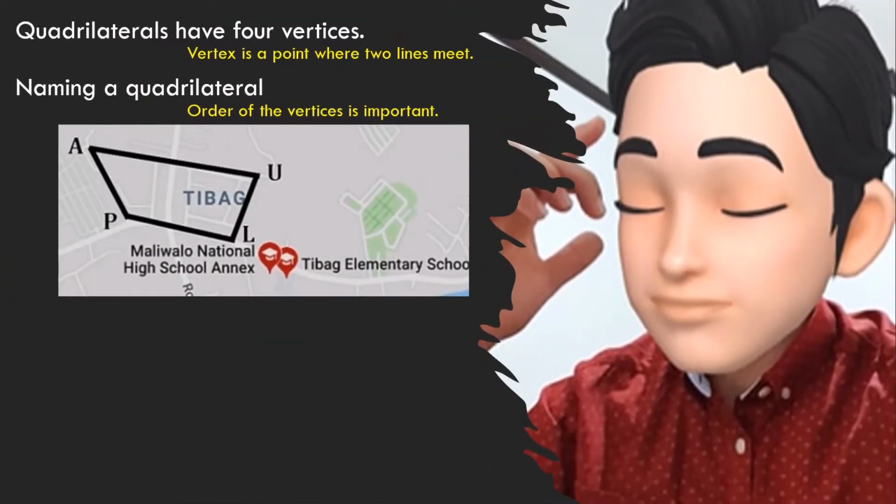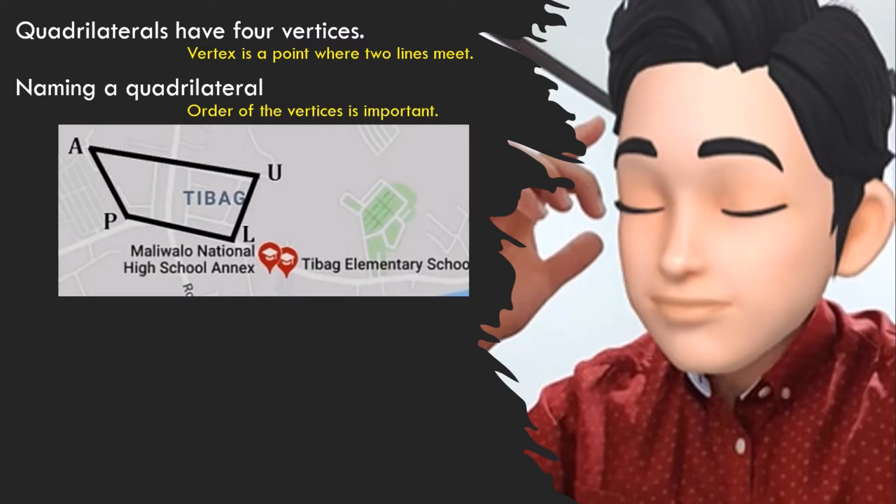Now, quadrilaterals have four vertices. Take note that a vertex is a point where two lines meet. These vertices can be used to name a quadrilateral. Take note also that the order of the vertices is important in naming quadrilaterals. I have here a localized illustration of a quadrilateral, and I'll be using this to elaborate important concepts you must